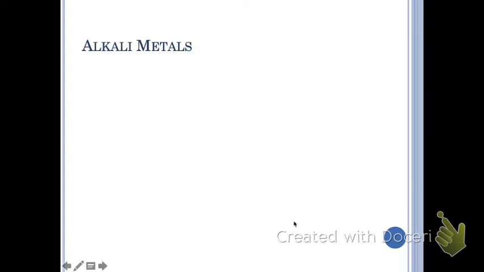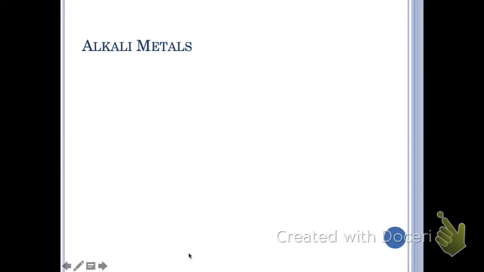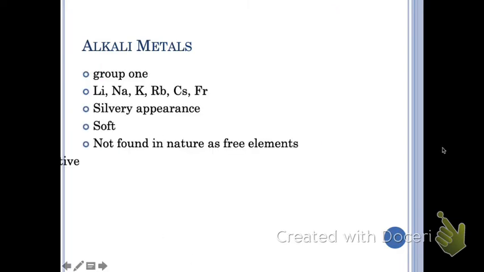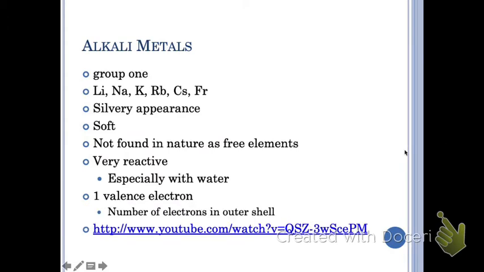So back to group 1. Group 1 elements have one valence electron. That's why hydrogen sits there, because hydrogen only has one valence electron. Hydrogen is not an alkali metal because it's not a metal. It does its own thing. So group 1 has one valence electron. We're going to see that pattern a lot. There is something interesting about group 1 being extremely reactive, so I want us to watch this little video about the reactivity of group 1 metals. That one valence electron makes it extremely reactive, and I'm going to tell you why in just a second.